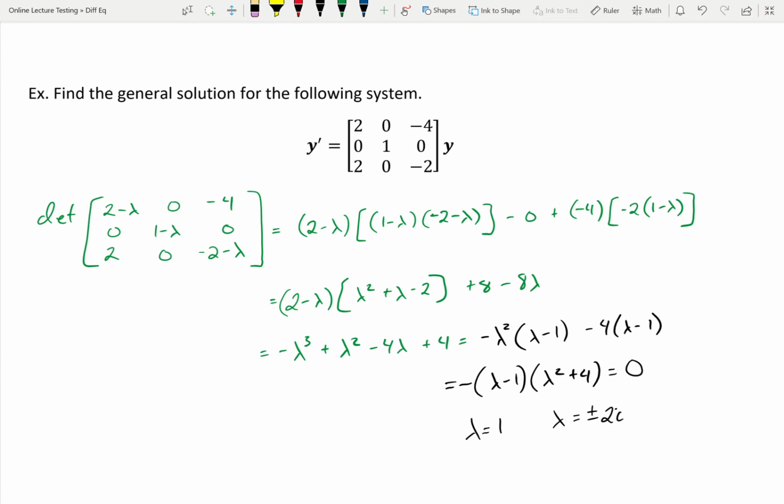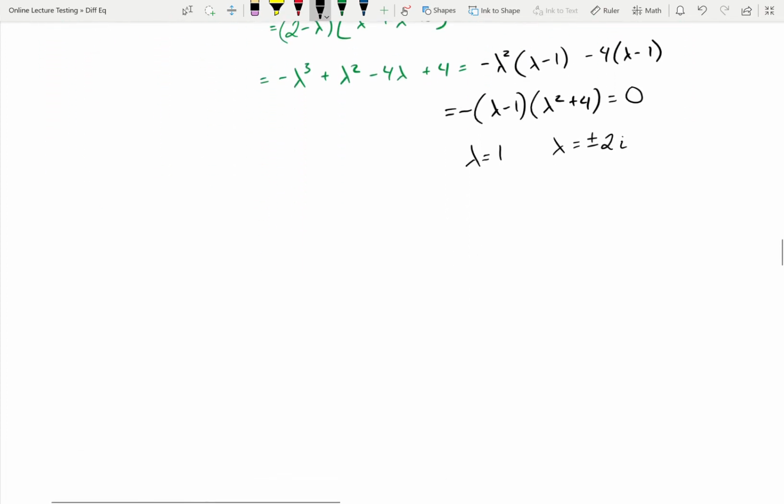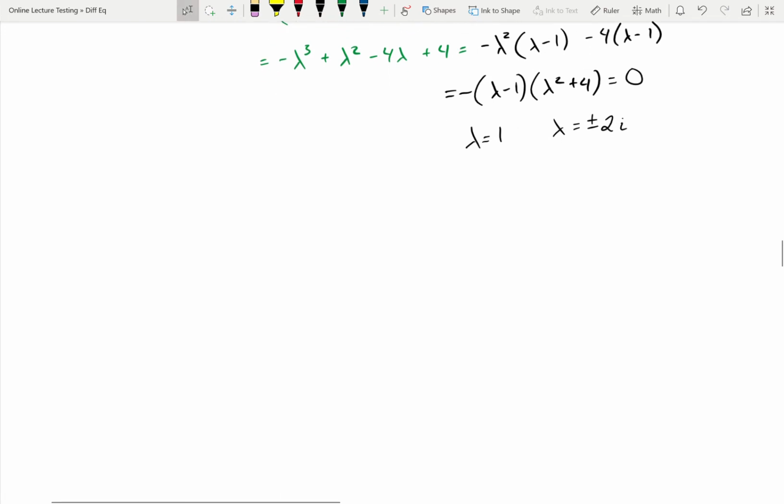So the nice thing is we really only have to work with 2i in this particular case to deal with the other two eigenvectors to get there. So that's the nice thing about this one, but I will show the work from all three just to have that in there so you can see what's done with that. All right, so